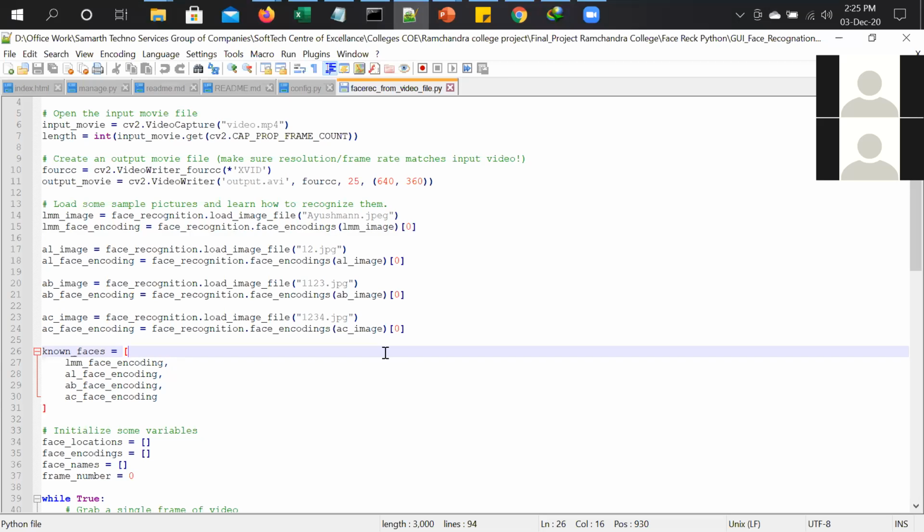Finally, I need to give my output file name, which can be output demo. Then I'll click on OK.